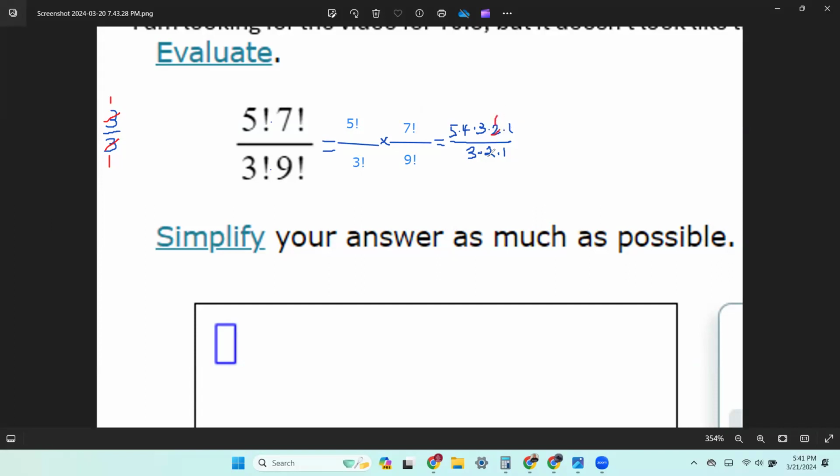2 over 2 is 1. 3 over 3 is 1. Okay. So that's that side. And what's left is the 5 times 4, which is 20. Now, on the second one,